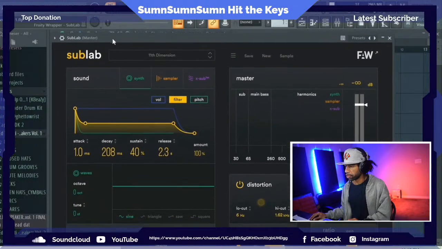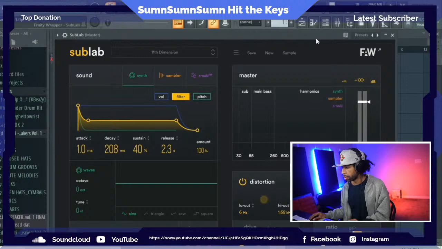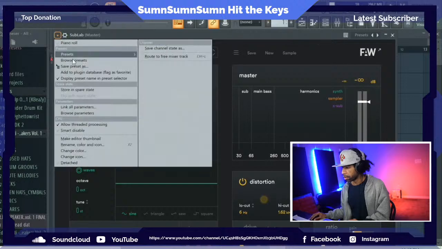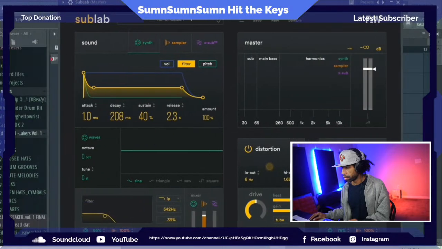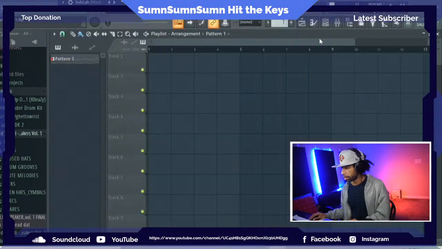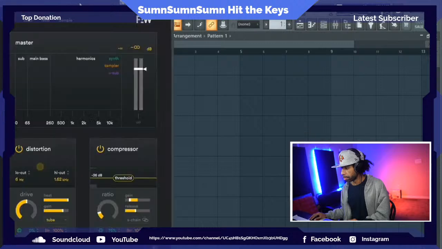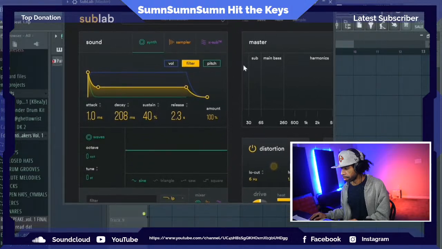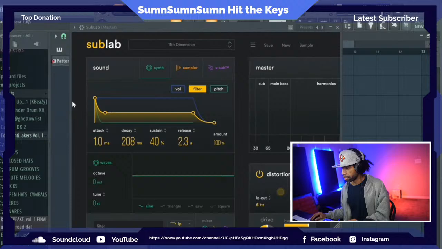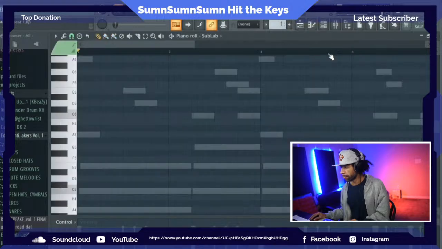I haven't been using you enough, Sublabs. We're gonna use you today though. I love when the scalable GUI doesn't work properly. All right.